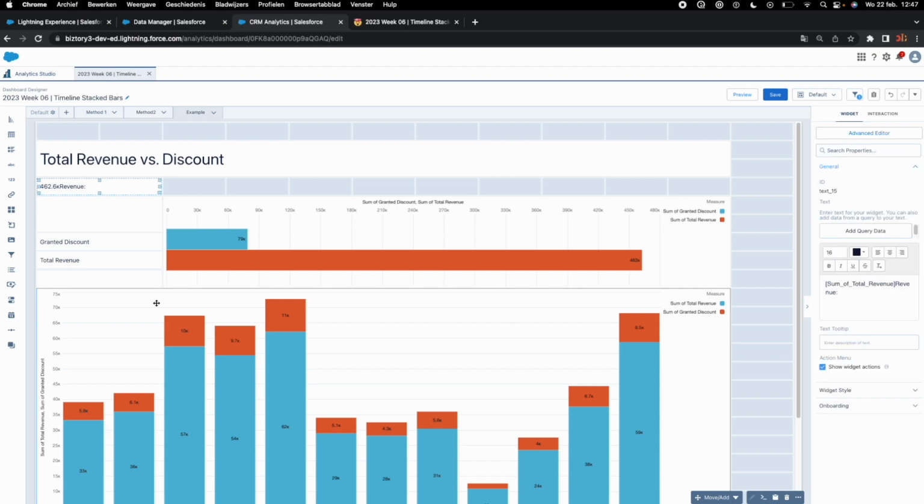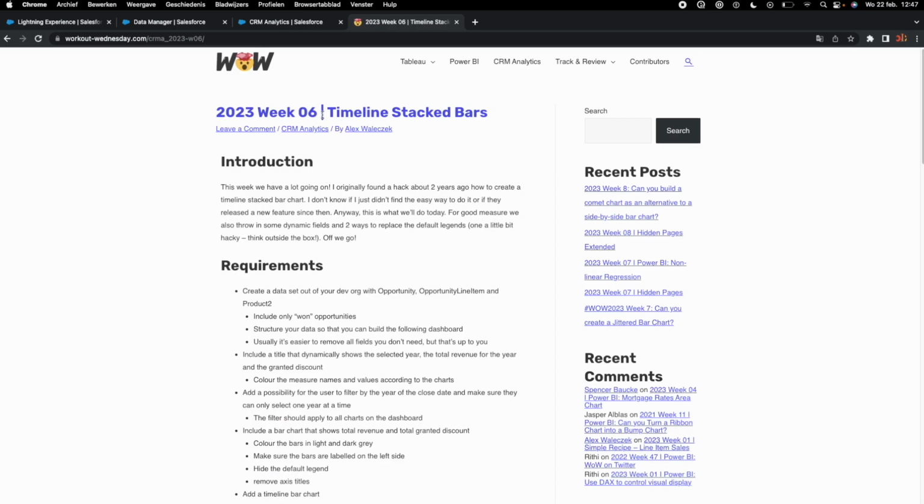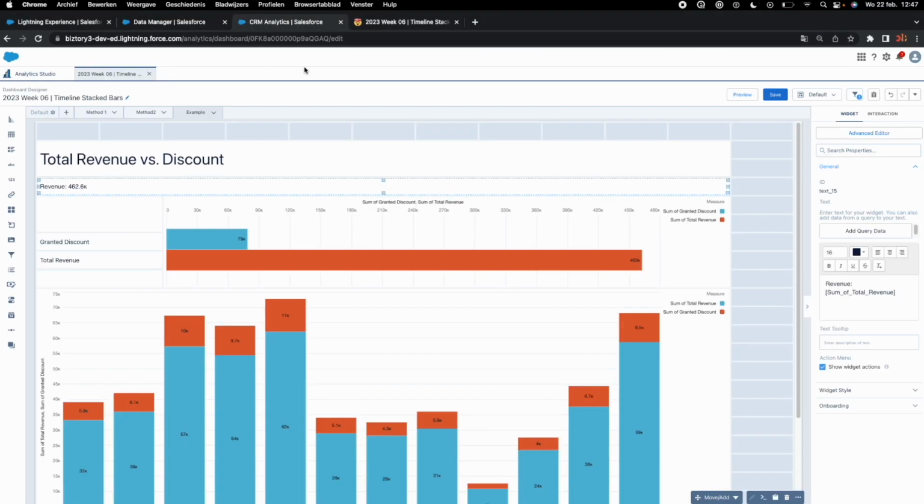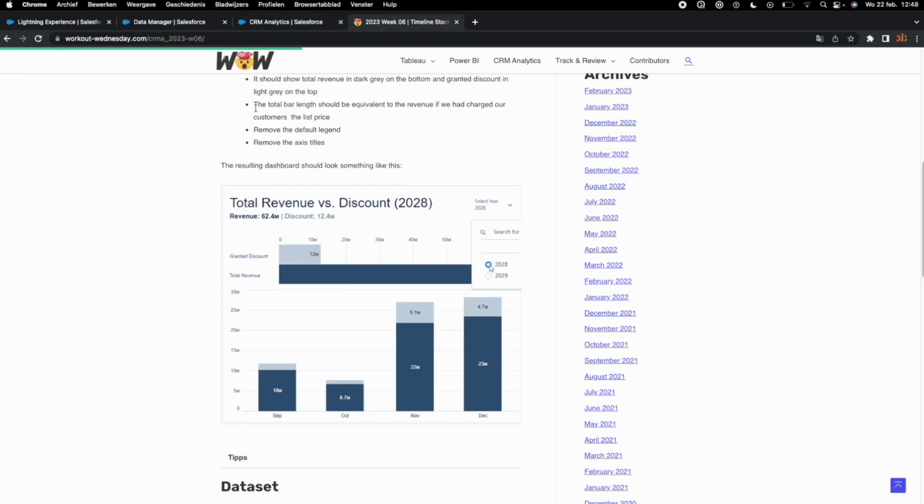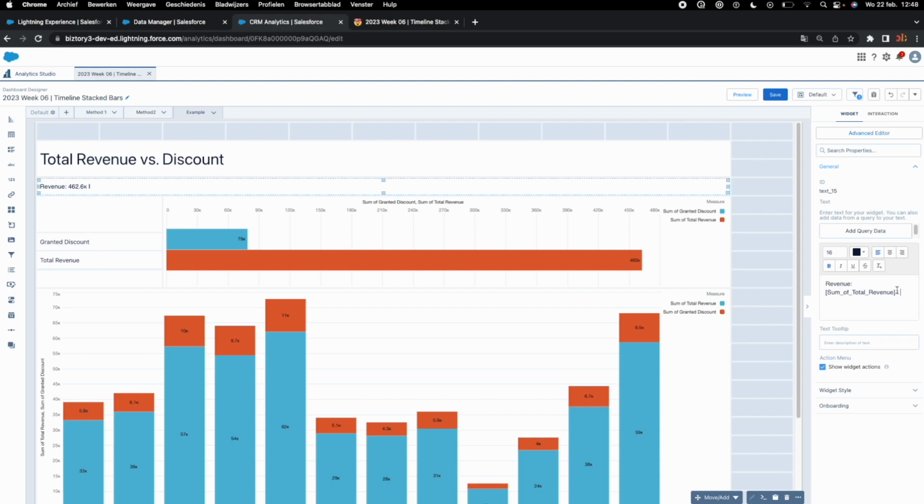I'm gonna click done. It doesn't always arrive where you want it to be, so just Ctrl Z, grab it and paste it on the location where you want to see it. There you go. We have our revenue. Next, we need a vertical dash. Let me just quickly steal it from here. I don't know how to type the symbol on my current keyboard. Then I'm gonna type discount,